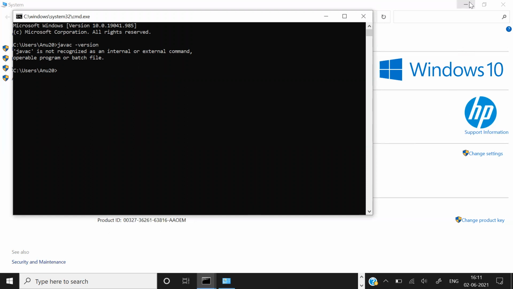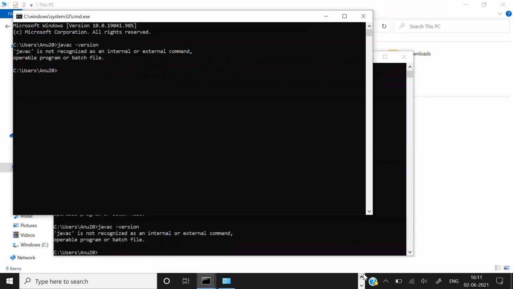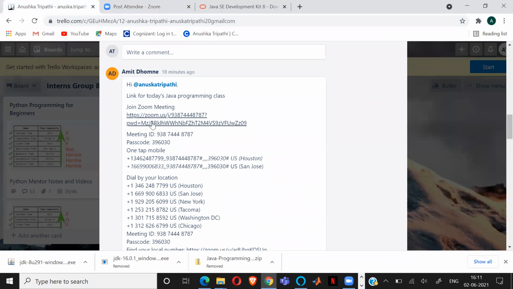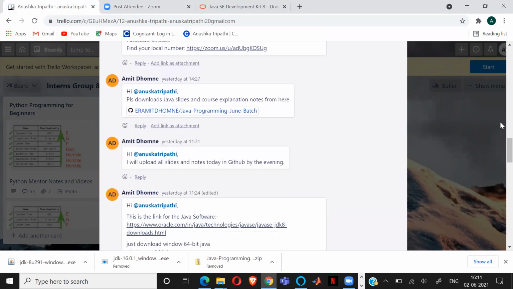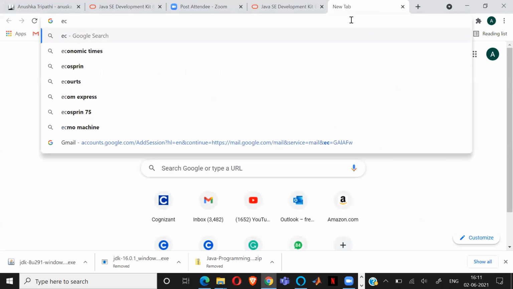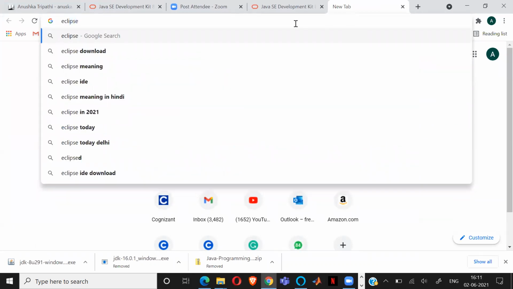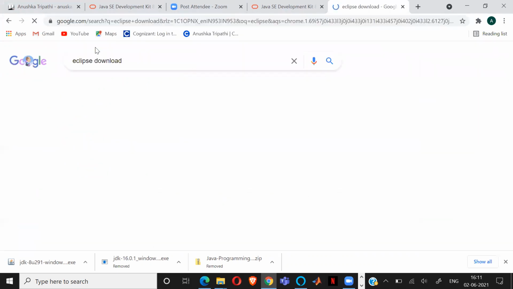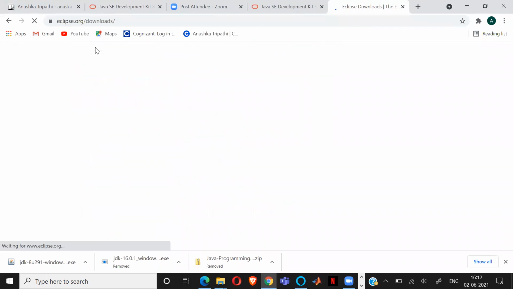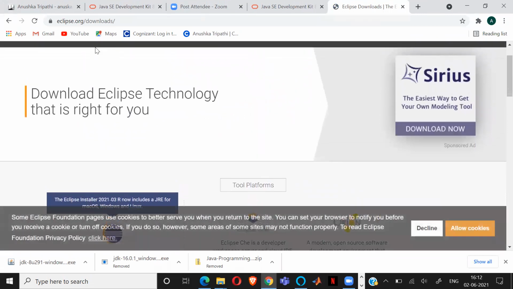You go to the browser once again. Open any browser and download Eclipse also, because we need the Eclipse IDE also. No, the path is not there, you can just click there. No, here I haven't shared anything. Okay, then what should I download? Just open a new tab and type Eclipse. Yeah, click on this Eclipse download. Click on this first one, and download it.